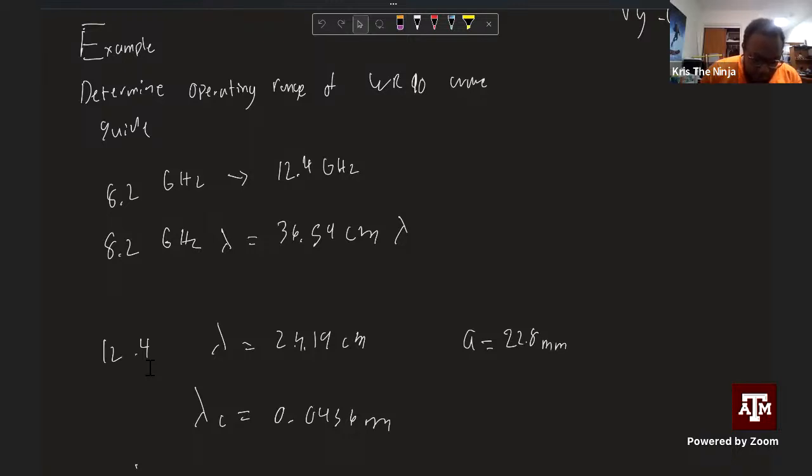Take the speed of light, which is c, divide that by our frequency, so 8.4 for the low end, and then we take our speed of light and divide that by frequency at the high end, which is 12 point. Wait, no, it's 8.2 and 12.4. Put our units there. Okay, so if we do that,